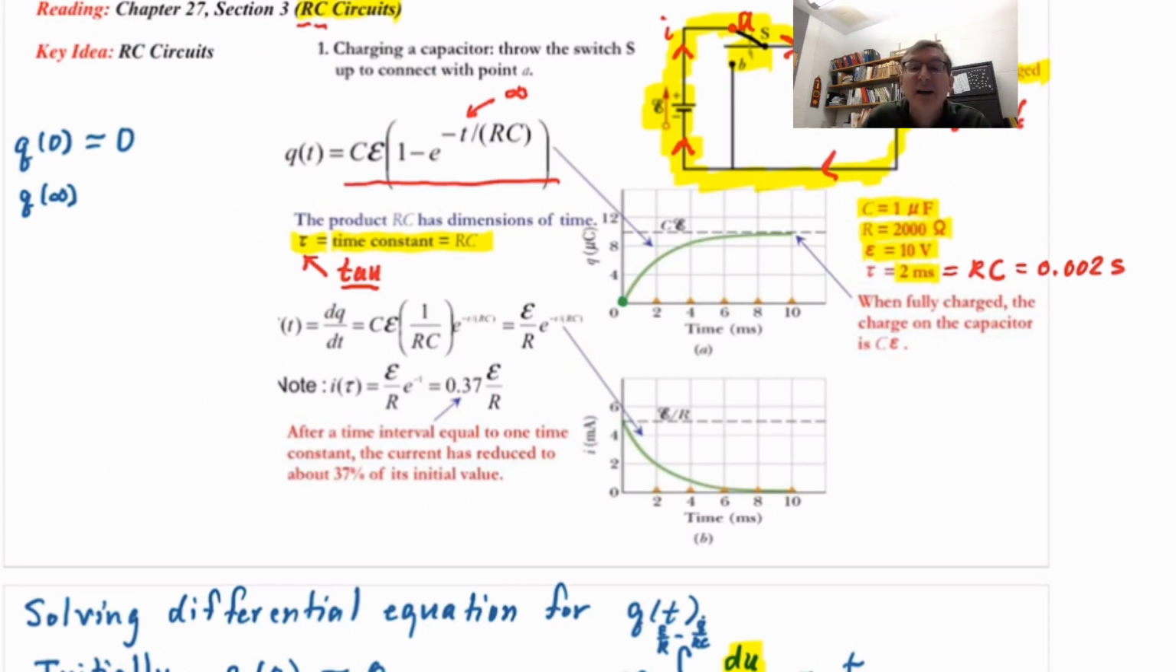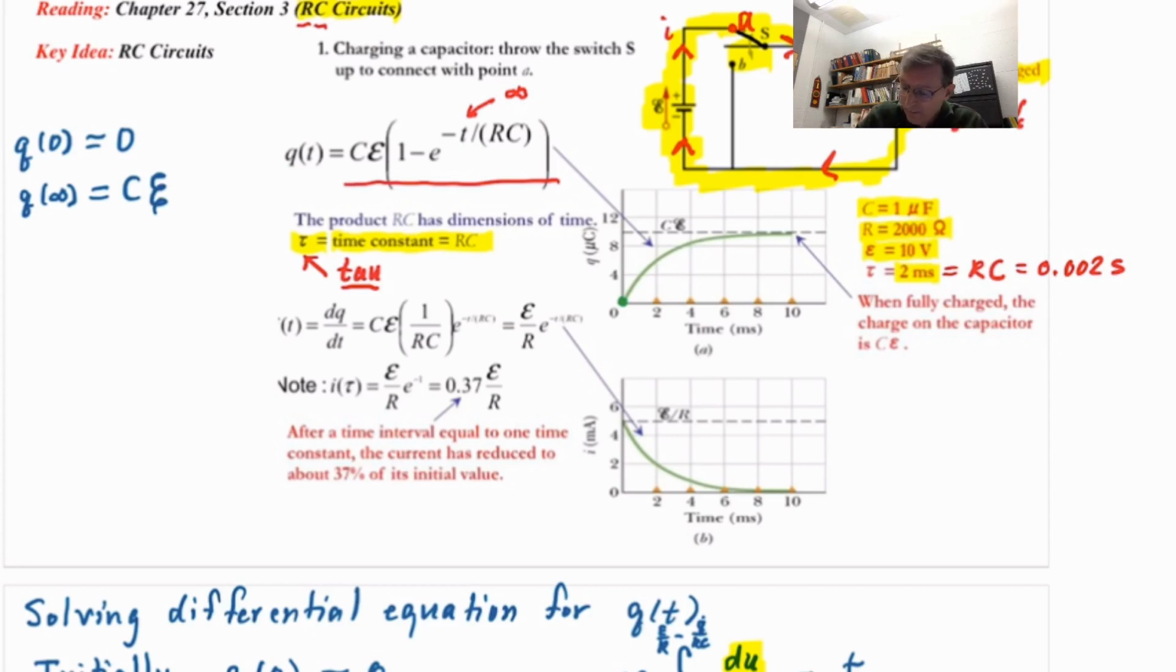Now, if you just think of the exponential function by itself, negative exponential, e to the minus t over RC, it just decays towards 0, right? A negative exponential function just decays asymptotically towards 0. So e to the minus infinity is 0. And 1 minus 0 is 1. And 1 times C EMF is C EMF. So the final charge on the capacitor is just C times the EMF of the battery,